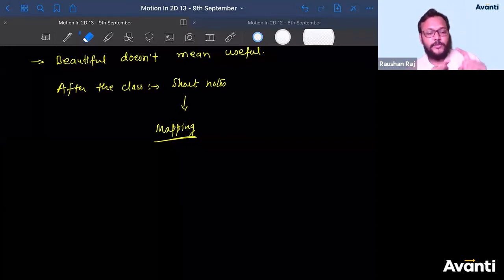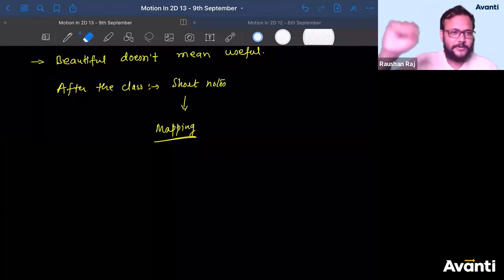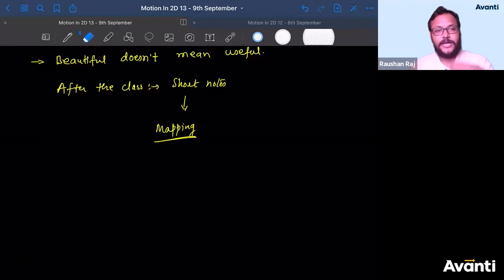Second, you should know which is the important concept. ठीक है, you should know what is the important concept. How will you know which is important, which is not? You have to attend the teacher's class, and the teacher is always saying which is important, which is not. If I'm not saying anything, that means it is normal, it is an important part. If I'm saying this is not that important, you can skip that part. You can write a very small thing about that. So first you should understand what are the important points for the examination. So what is important, what is not important, that you have to bifurcate.